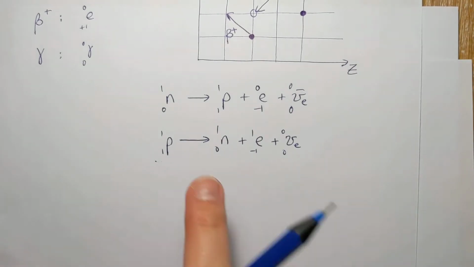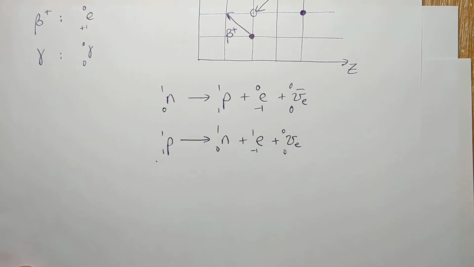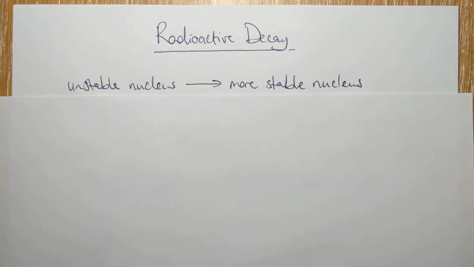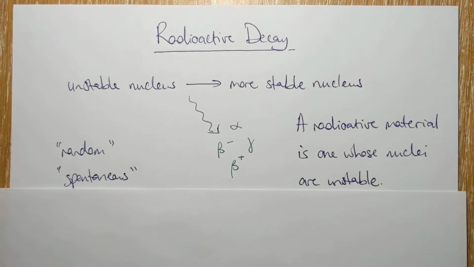For the last couple of days we've been writing lots of these decay equations. So we've been describing what happens in a decay. Now we're going to think about why it happens and when. Now when we say radioactive decay, we're talking about nuclei. It means when an unstable nucleus turns into a more stable nucleus by emitting one of our familiar types of